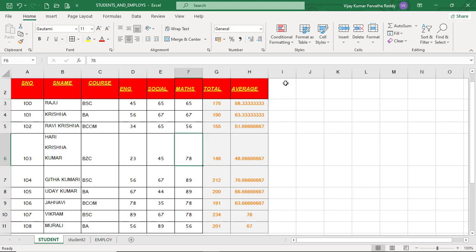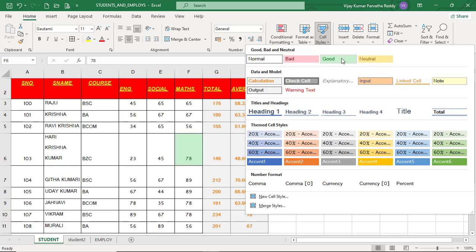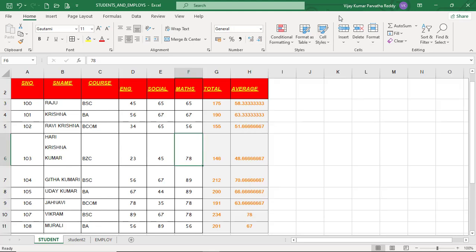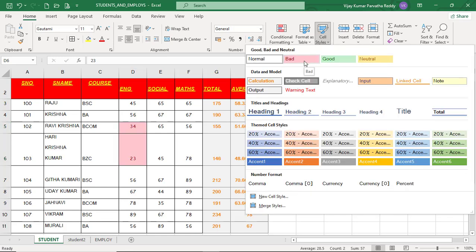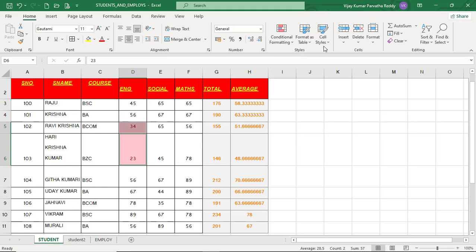Okay, and we have different options like good, bad, neutral, like this. Suppose I want to apply the bad cell style, for example to failed areas, below 35. First 34, and click Control plus click, you can select these two. Okay, now I am applying bad, and here we have